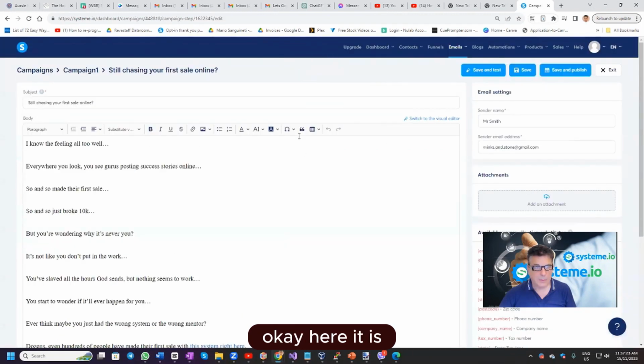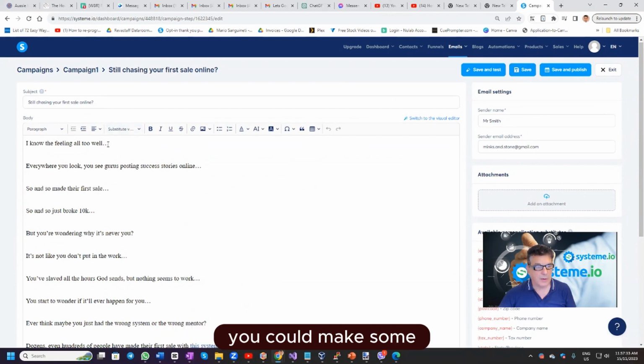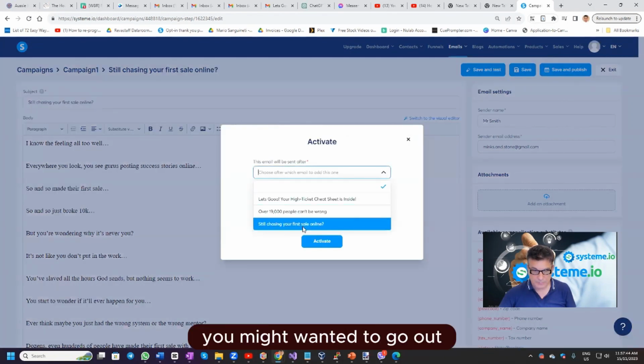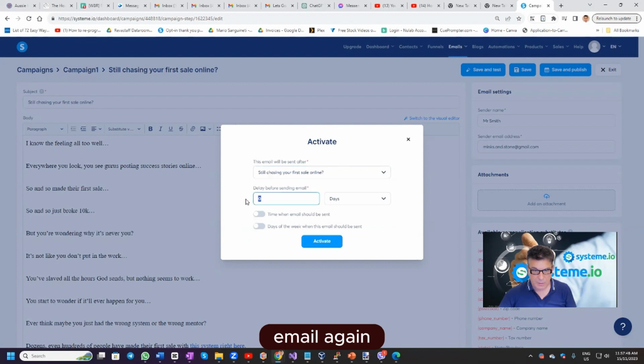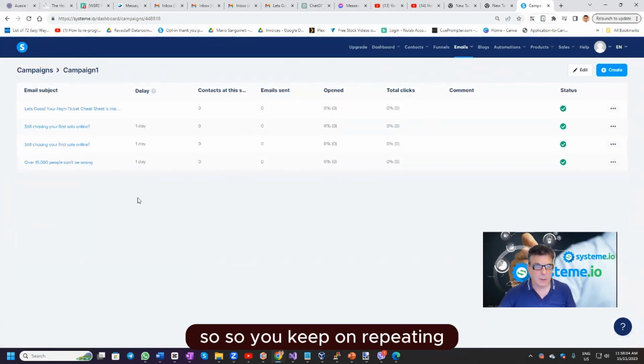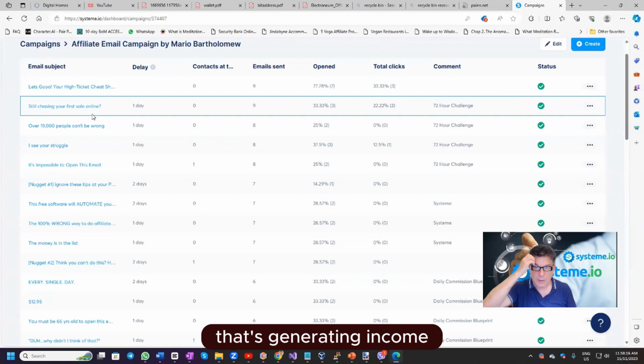Okay, here it is. You may change it. Being a repeat of a previous email, you could make some significant differences, add some images, or whatever you need. And when you save and publish, you may want it to go out after the last email, again after 1 day. Okay, so you keep on repeating, and I have, for example, in my email campaign that's generating income, I